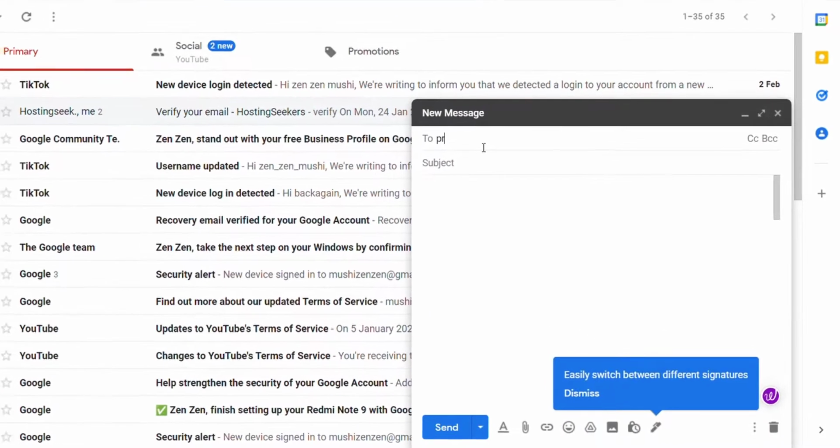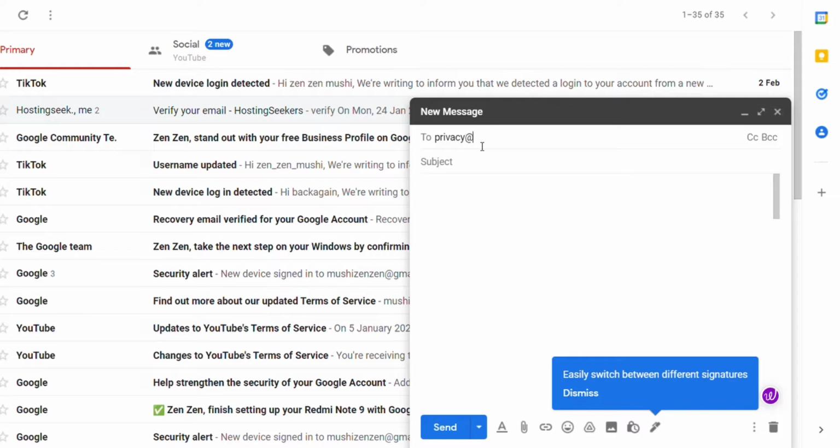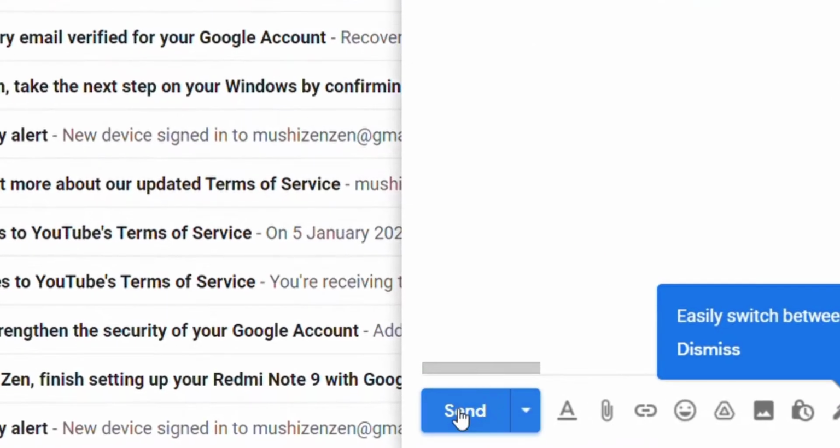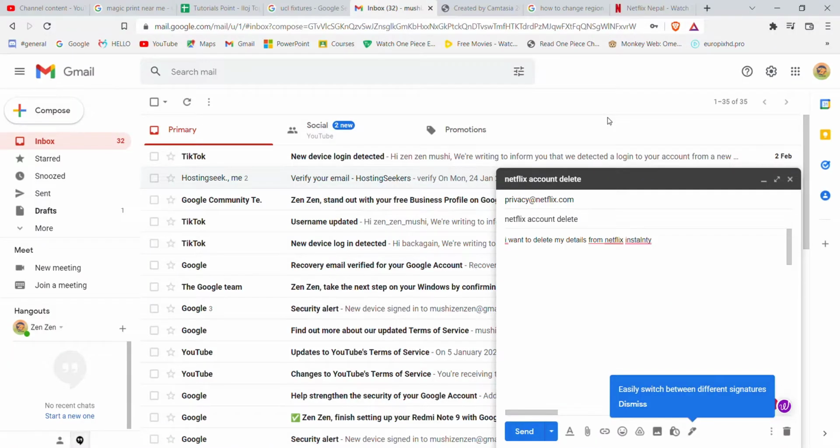Now enter privacy@netflix.com. Put in a subject saying Netflix account delete and then put in the body saying I want to delete my details from Netflix instantly, and then hit the send button. Once you hit the send button, the request will be sent to Netflix. They will do a thorough check for your identity and then your account and all your details will be instantly